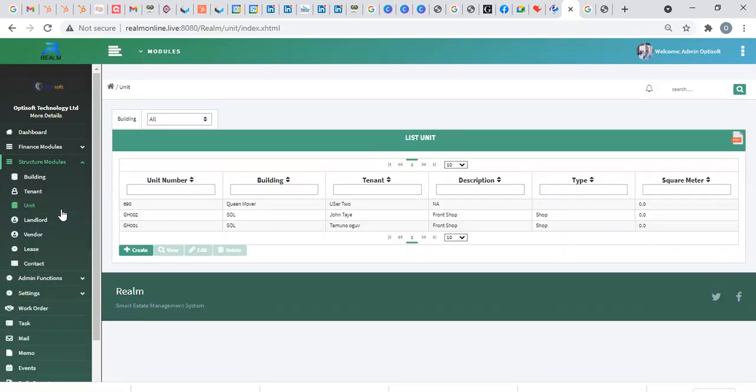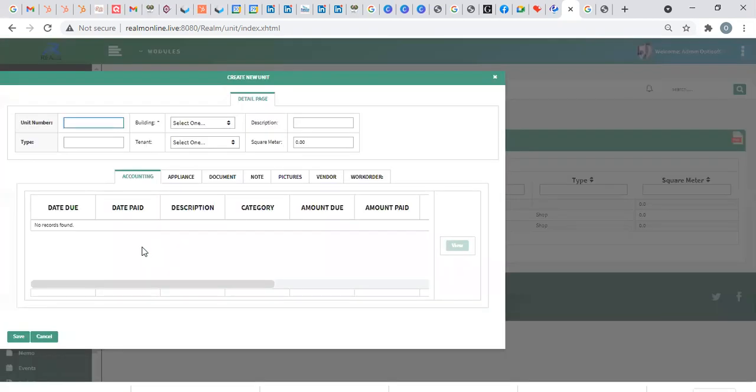So unit basically is the number of units in the building you have. So now you've created a building, you've created a tenant. Now let's create units. Creating units, you can say, okay, unit number, let me say your unit number is G something, you click the unit, write it, you create the